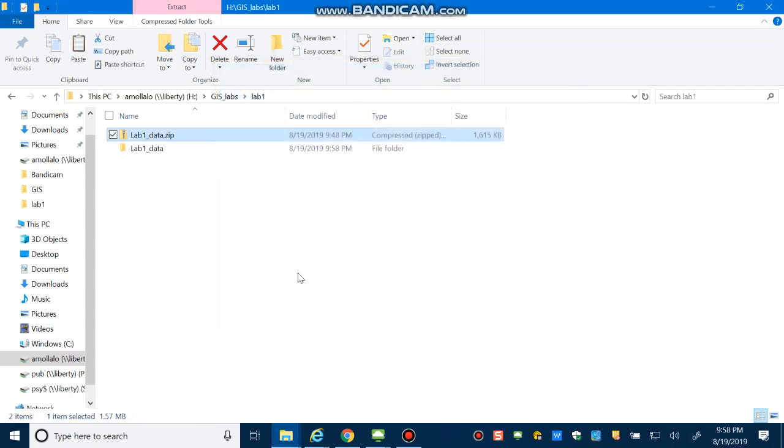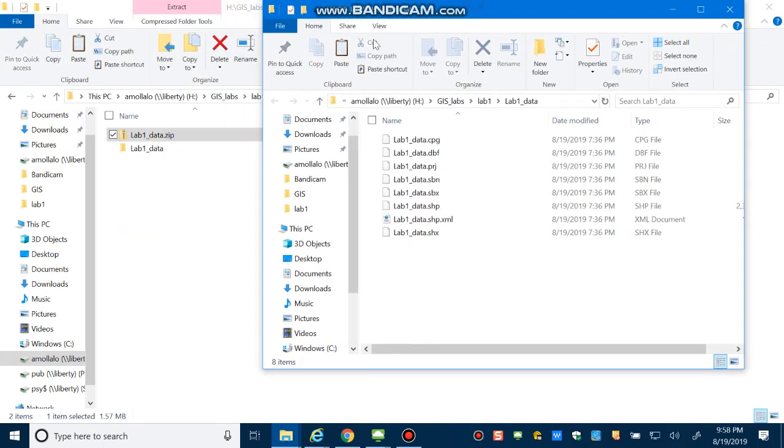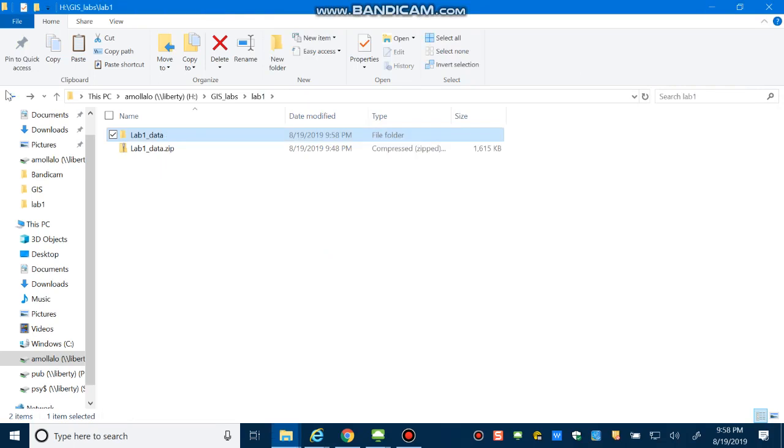So click extract, and you can see that this is a type of GIS data which is called a shapefile. In this lab, we're gonna map out the number of historical disasters in Ohio. So I've got the data from the Federal Emergency Management Agency, or FEMA website. This data contains the total number of declared disasters between 1964 and 2011. The data includes the number of disasters for each county in Ohio.